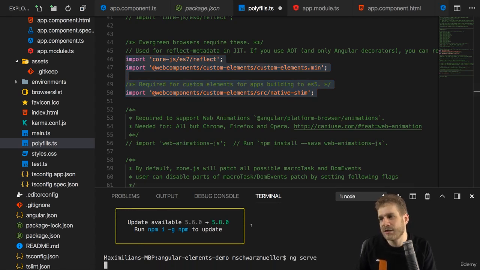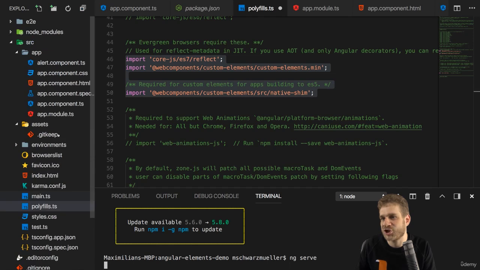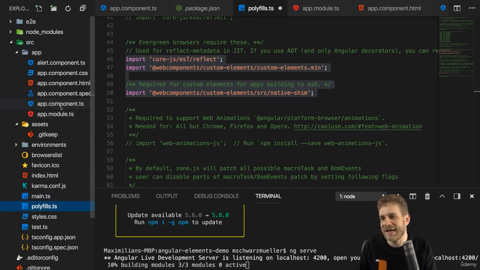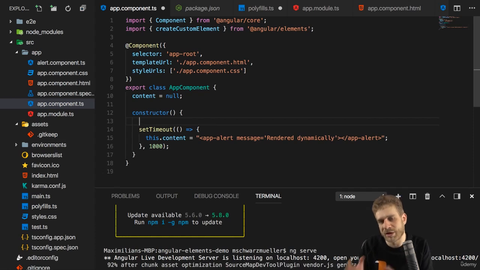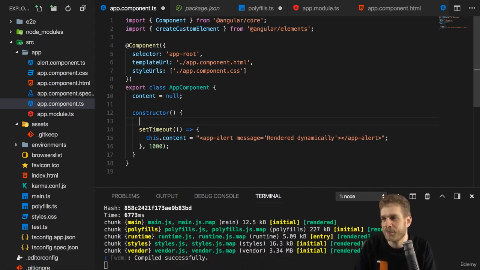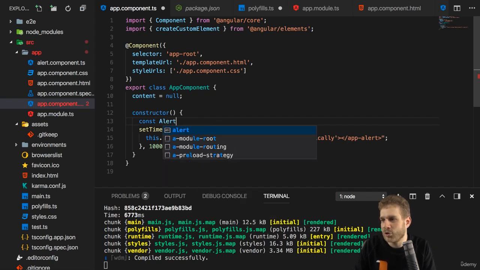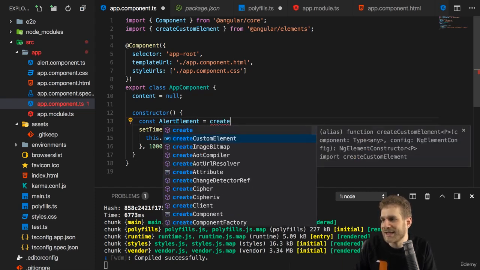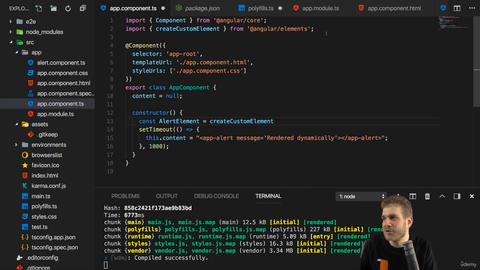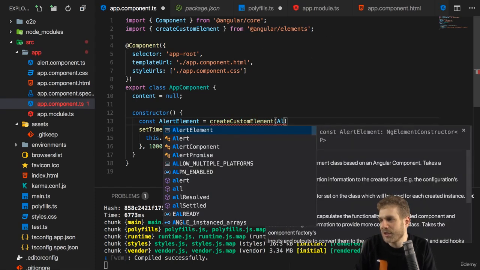So with that all added, with the polyfills added and with the packages added, we can now try creating a custom element. And for this, in the constructor of app component, you want to do this in a place that runs early in your project, I'll create a new element and I'll name it alert element. The name is up to you. I'll store it in a constant, which is named like this. And I will use createCustomElement. And now I need to import my custom element. I want to do this on the alert